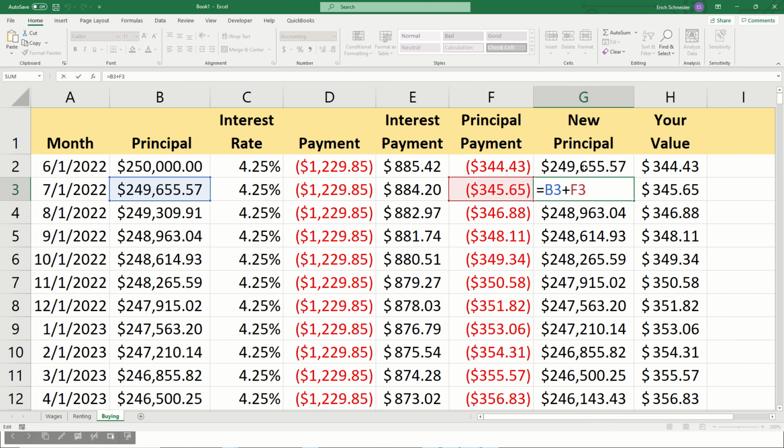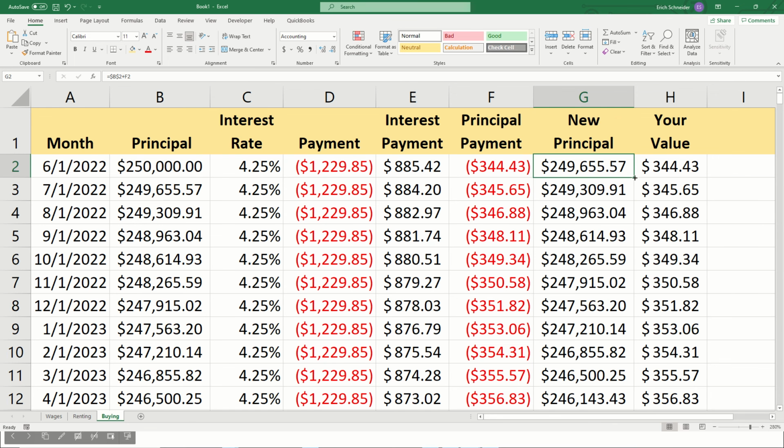Okay, so when it says my principal, it's how much is the house worth minus what I paid. But look over here, my principal is $250,000, not $249,000. So we need to go back to the first row. Anytime we're looking at this principal here, well, probably not every time, but on this one, we want to change that B2 to $B, $2. Okay, and what that's saying is on the second row, if I double click this down now,